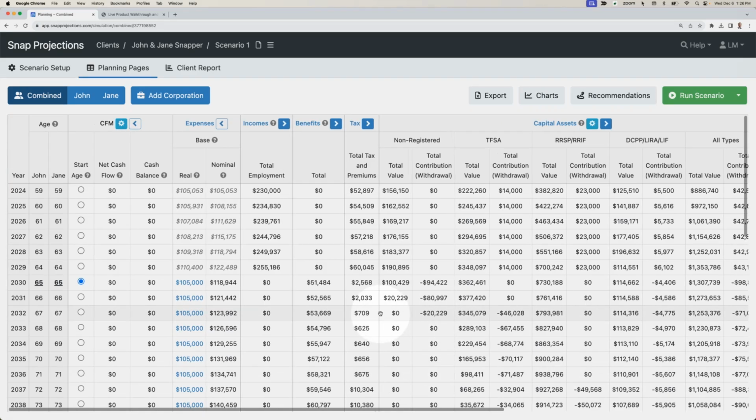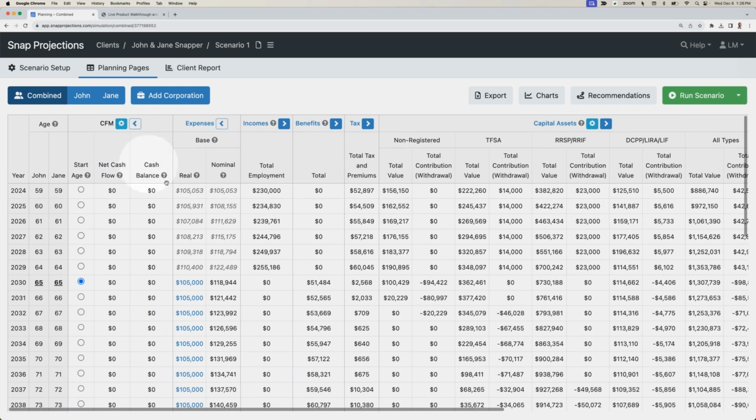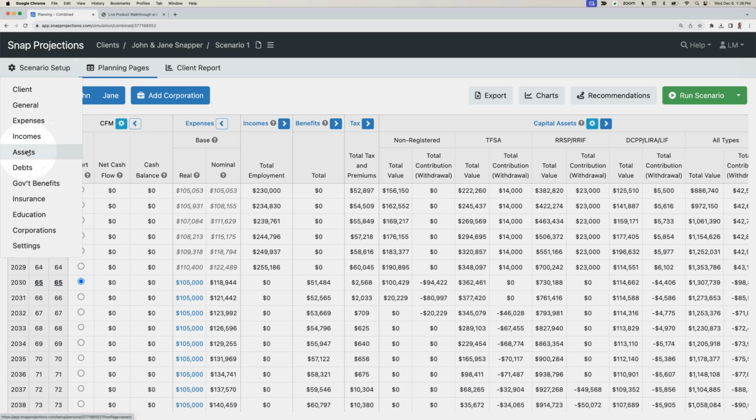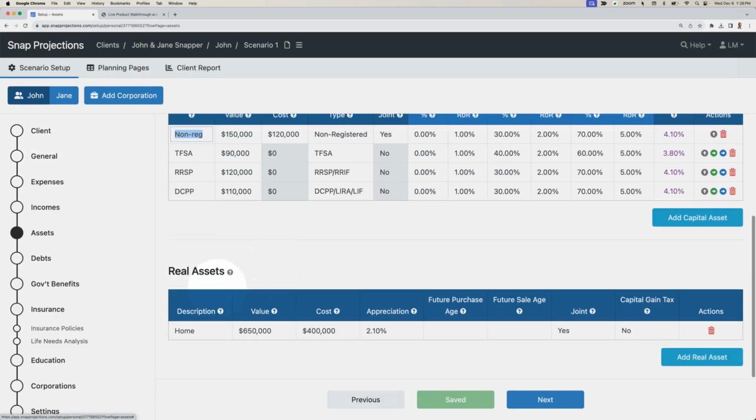Another option with the real asset in the plan is that we could use part or all of that equity in the projection to finance some of the spending. So if we go to assets, and then down to the real asset section where the home is listed, we could choose to sell that at a future age. Maybe they'd want to downsize as of age 75, so we could sell the property then. If we go to the planning pages,